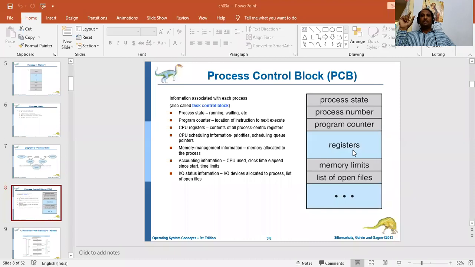Suppose I've written a program in C language or C++, some 10 lines of program. What it will do is, first it will take all the 10 lines to the random access memory, the temporary memory. From there, how does it proceed? It will take line number 1, go to the processor, get executed, and come back, then take line number 2. Like that, it will take the first line, second line, third line.